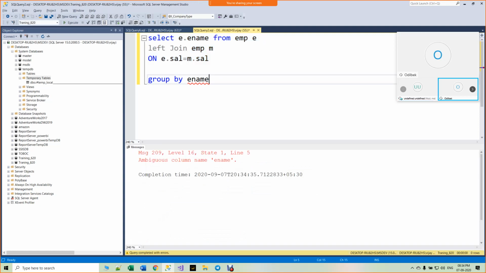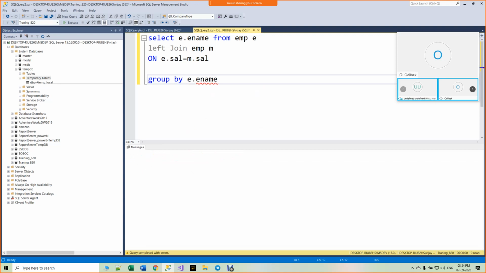But when you execute, it's not executing, no? Okay, e dot name. Write a query to find an employee name who having same salary. That is a question.